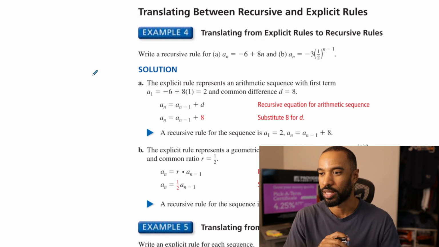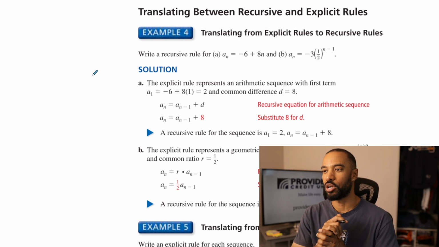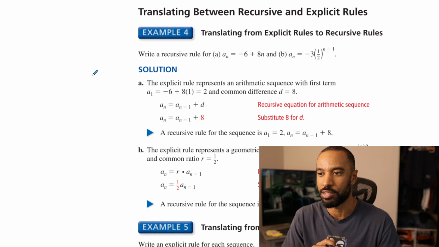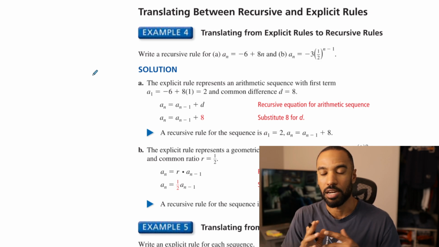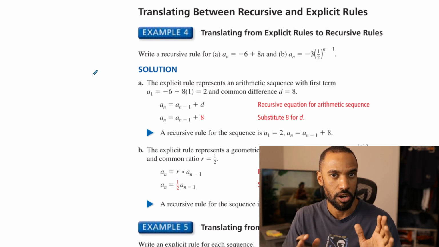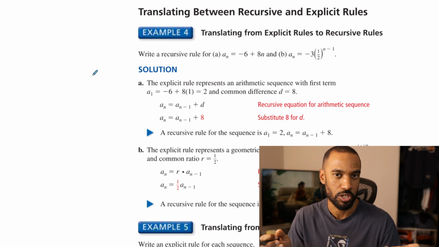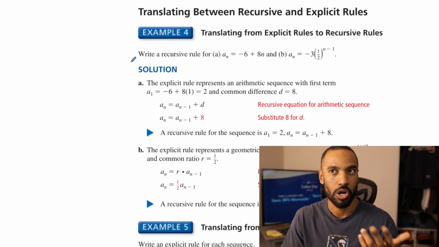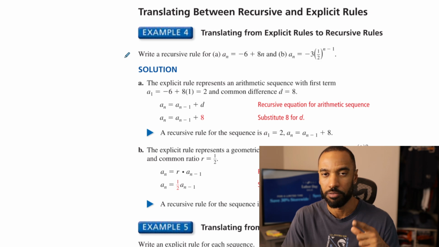And I'm intent on doing that. All right, translating between recursive and explicit rules. I'm going to say it's straight up from here. Identify what kind of sequence it is, arithmetic or geometric. Know the equations for those rules. And show where your first term and common difference are, or first term and common ratio are, because both rules